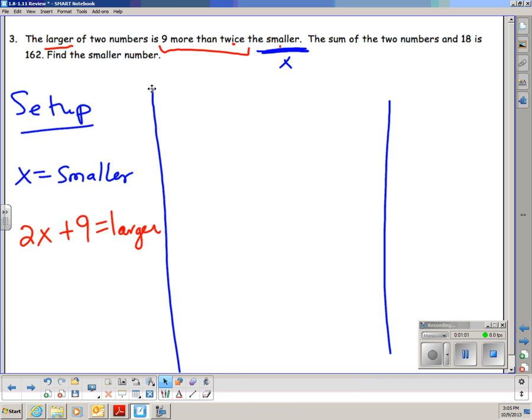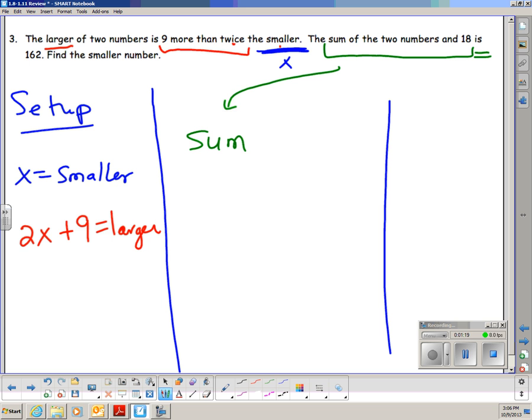The sum of the two numbers and 18 is 162. The "is" is your equal sign. The sum of the two numbers and 18 is equal to 162. So I'm going to take the sum of these two numbers. My x is my smaller, plus my 2x plus 9 is the larger, plus the 18 that they had in the word problem,